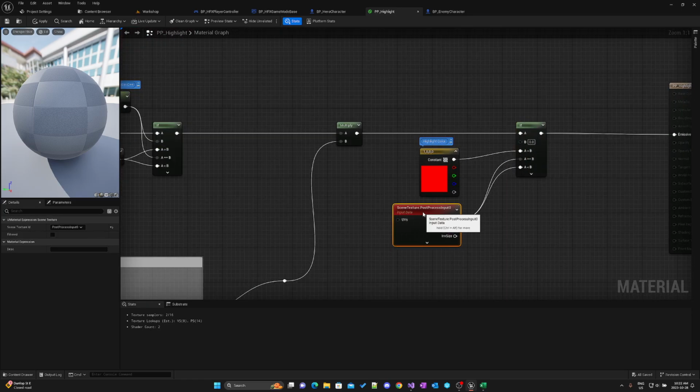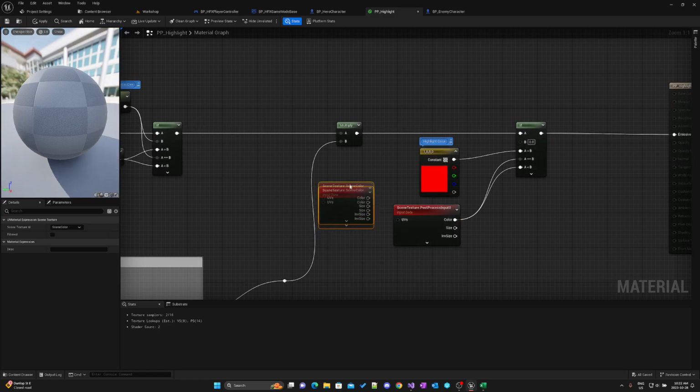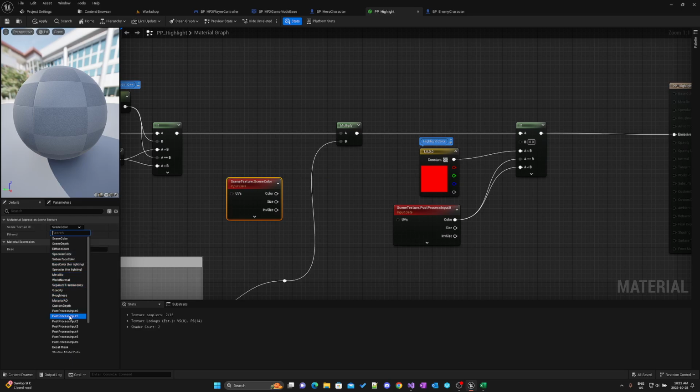Well, there's this object here, the scene texture post-process input. So again, this is just a scene texture. You just type scene texture. It comes up with scene color, but you can come over to the side here and you can select post-process input 0. That's the same way, I guess I didn't explain that before over here at the other side, is to get your